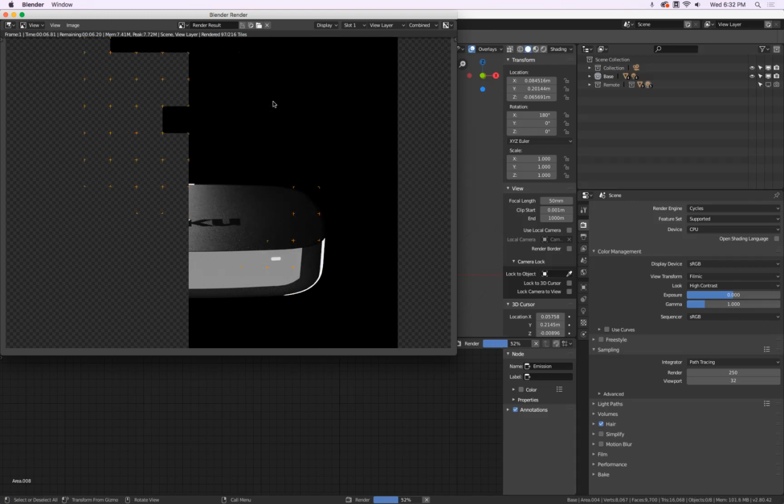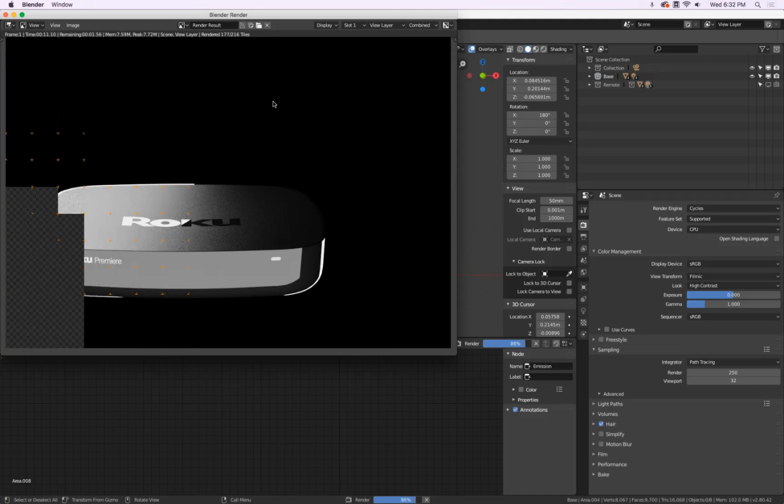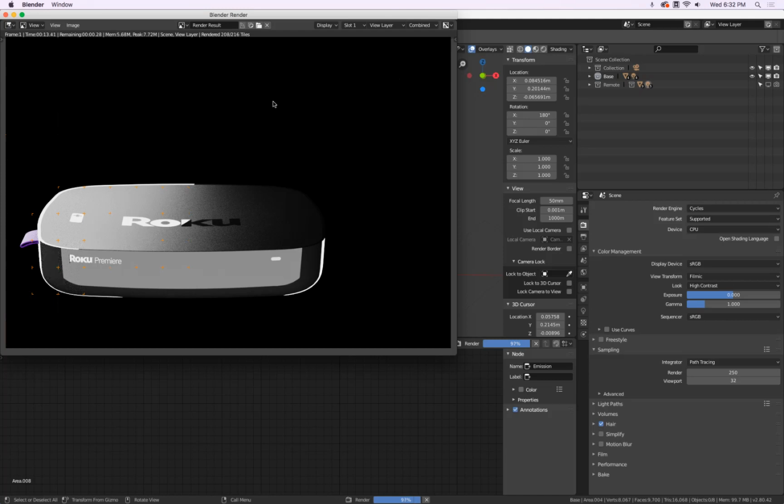Come on, computer. You can do this. Chop, chop. And there we are. Done. Oh, we don't have a black background. How do we do this? Well,